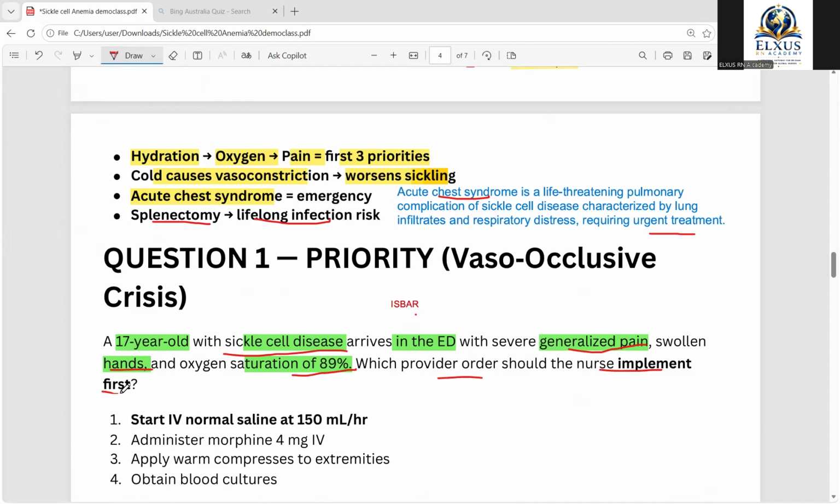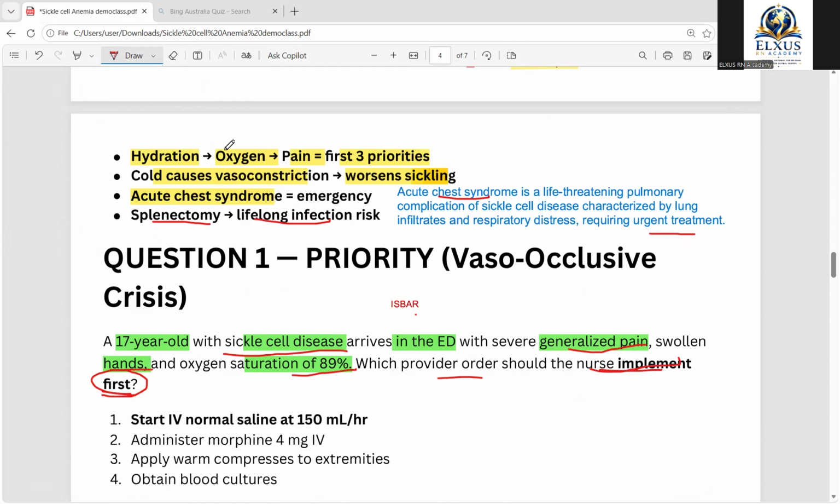That means the physician has given some orders or recommendation. What is the keyword here? The provider order should the nurse implement first. That means the priority action. Okay, priority nursing action, we need to choose it as the correct answer. So we know what is the